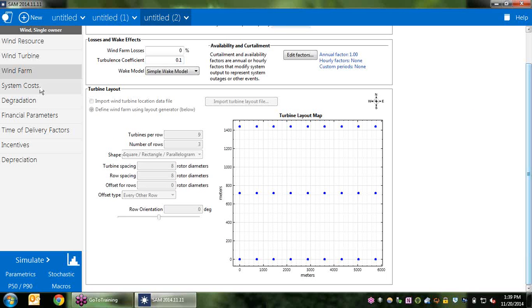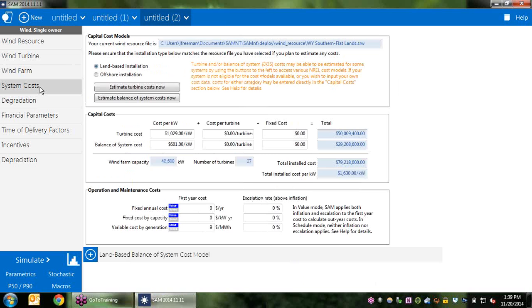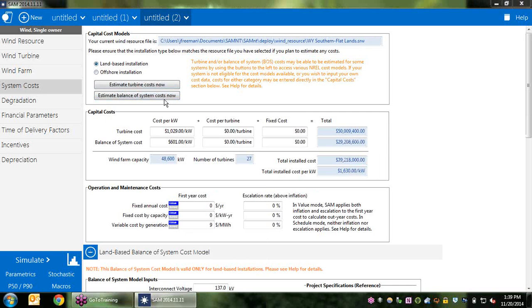Moving down to the system costs page, I'll point out that this one has been redone a fairly significant amount, and it integrates this new land-based balance of system cost model. So using these 2 buttons up at the top, you can estimate turbine costs or balance of system costs, and that will pull different models that NREL has developed depending on if it's a land-based or offshore installation and what size your farm is. So if I go ahead and click this Estimate Balance of System Costs, you'll notice that